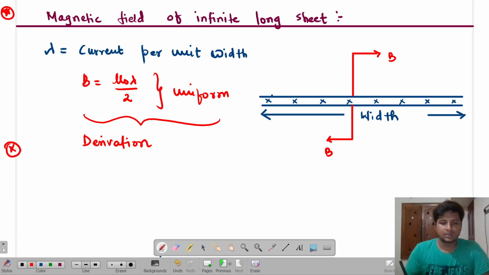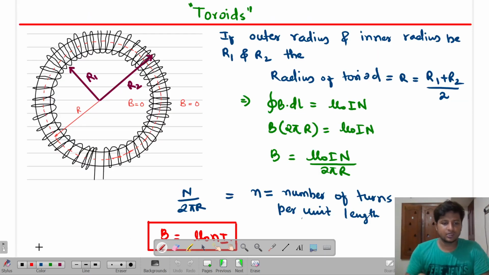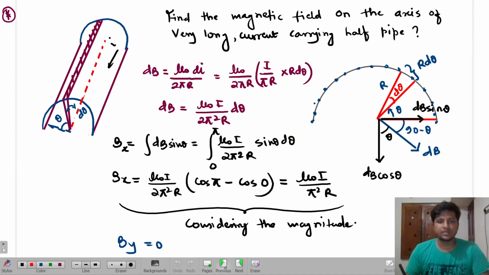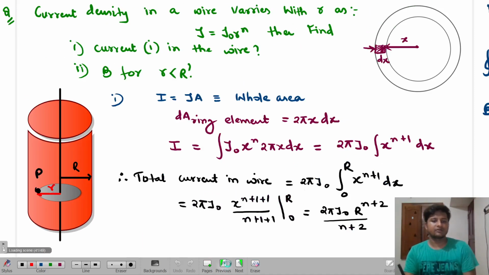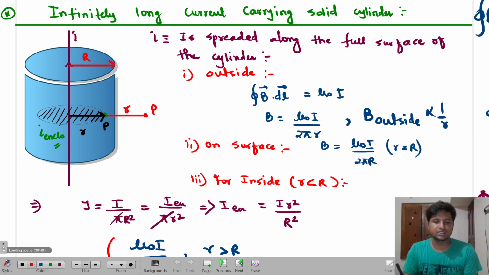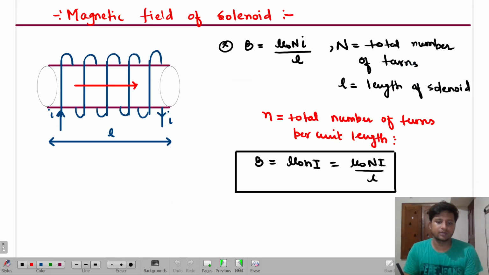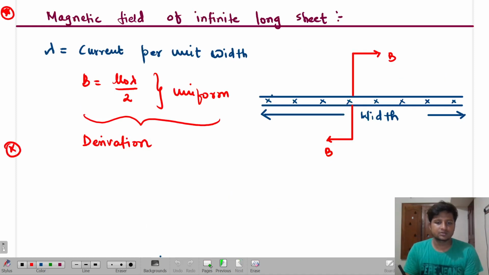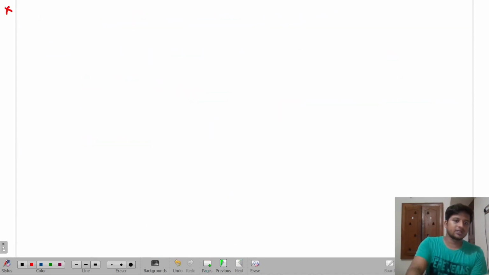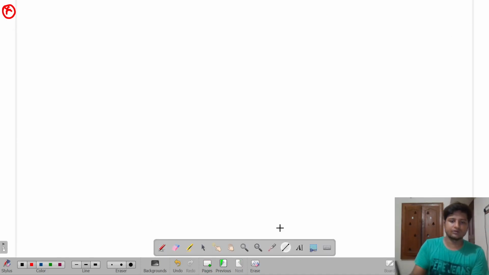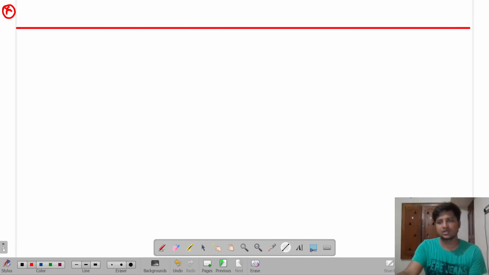Okay. So till this time, we did a very large portion. We completed solenoid, different kinds of geometrical figures, Ampere's circuital law, and Biot-Savart's law as well. Everything is completed. But we didn't talk about the independent charges, isn't it? So now, earlier it was magnetic field due to current. Now we are going to understand the magnetic field due to the charges. Are you able to get me or not?